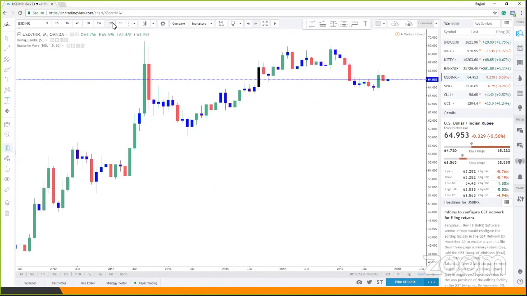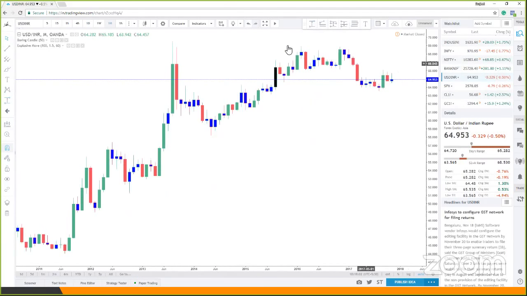So let's start with the next one, which is USD INR, right? If you look at USD INR, we are getting closer to this area of demand, but not very nice, ugly looking. In fact, if you look at this to the left, it seems like this was a reaction of this demand area, which also makes it something we call a non-authentic demand zone. So ideally, I would say it would be better to lean against this, because this is a reaction of the one to the left. Now this one has been tested quite a few times. You can see once, twice, thrice. So almost 4, 5 tests.